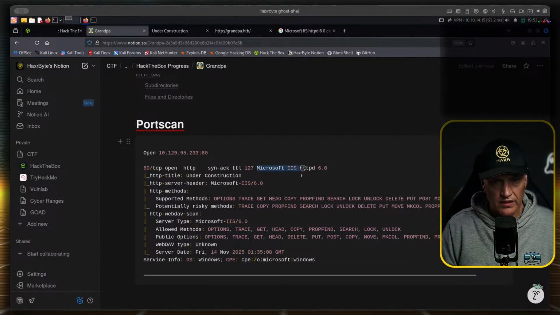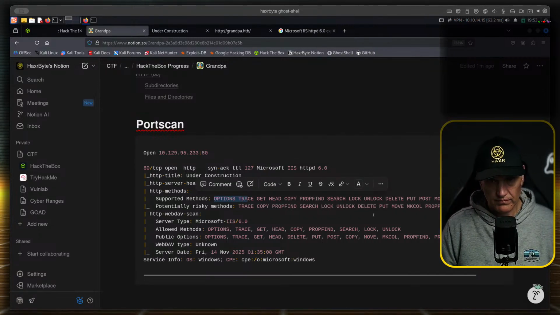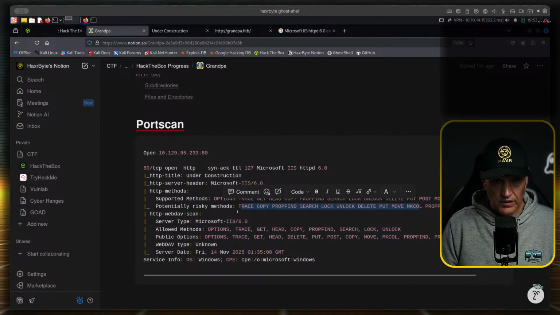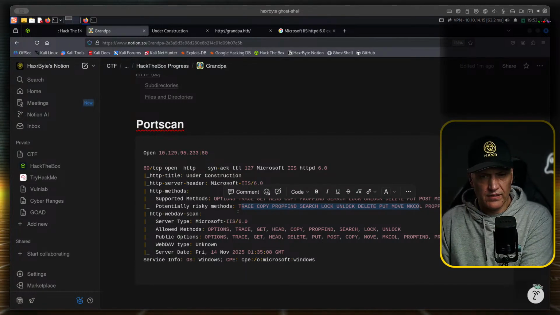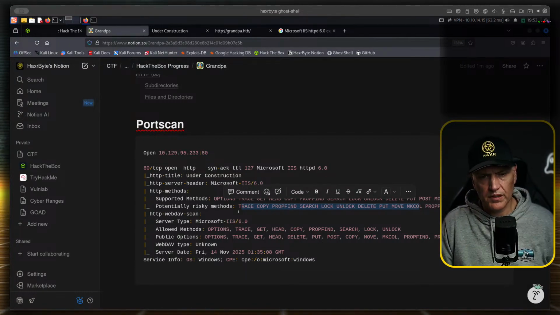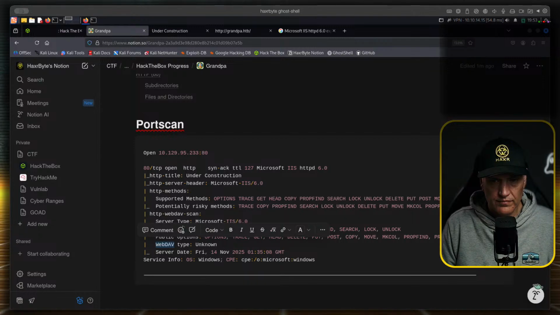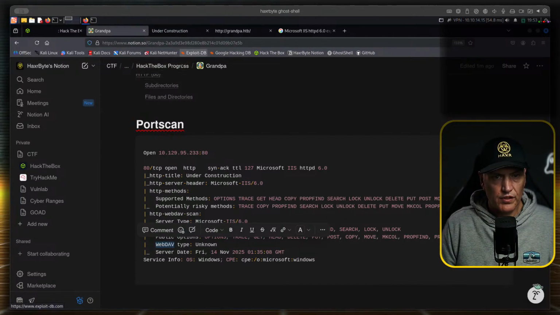It says IIS 6. All these methods are enabled, which is very bad from a pen test point of view.